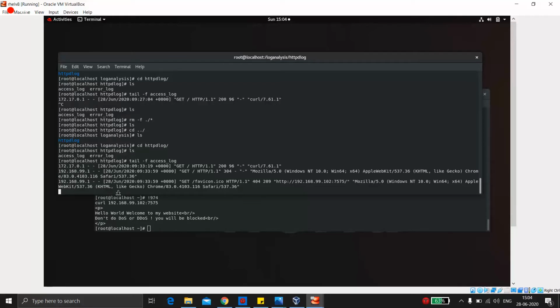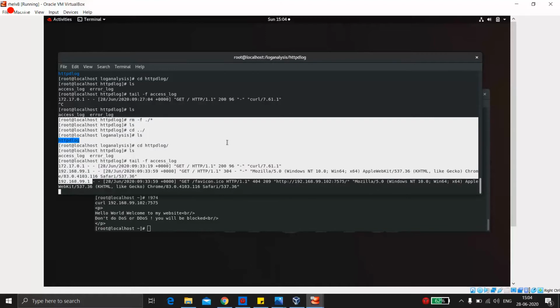So now what we'll do is our web server is running, and it's running very fine. You can take this request from here and block this IP, but it would apparently block our own IP. So you won't do this, we'll block this IP only. So that's not an issue.